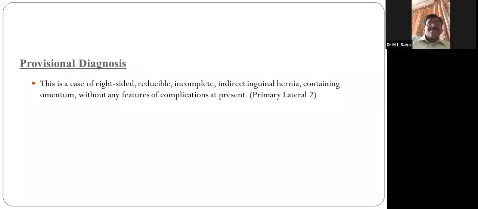The main reason is chronic pain. Yes, chronic pain. So you know what are the complications of hernia, as you have told. As Professor Saha has told previously, the common complications are